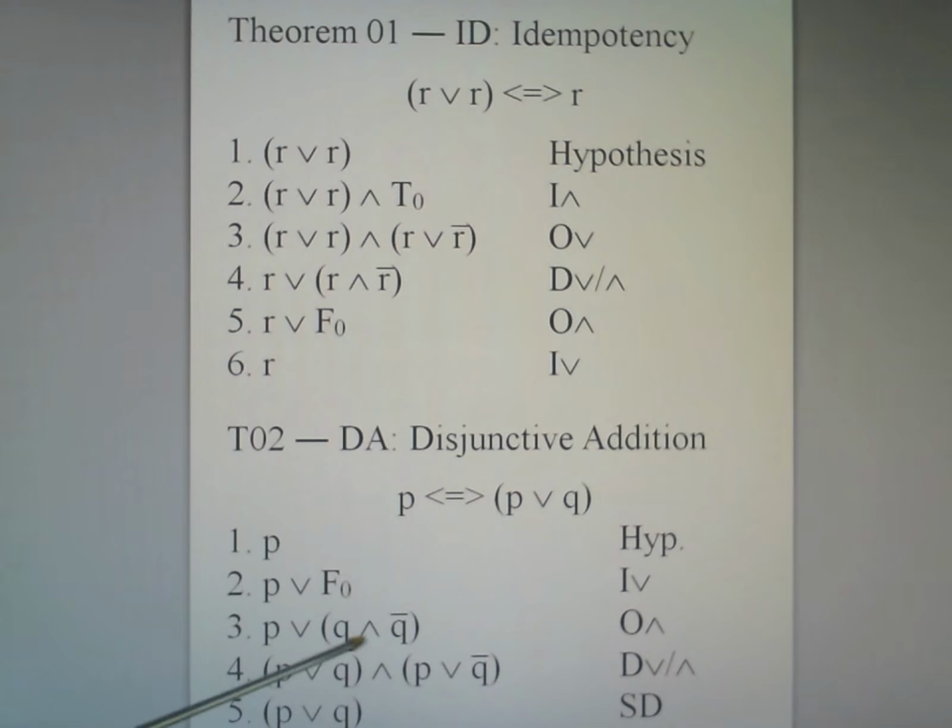And then, since we have a true statement here, a true AND statement, if the AND statement is true, both components must be true, and so by symbolic deduction, we can take one part of this and say that it is necessarily true as well. Therefore, the truth of P implies the truth of 1, implies the truth of 2, implies the truth of 3, implies the truth of 4, implies the truth of 5. In other words, the truth of P implies the truth of P or Q, and the proof is finished.